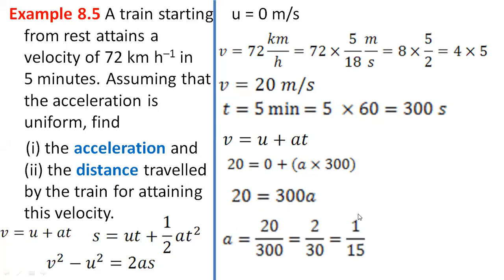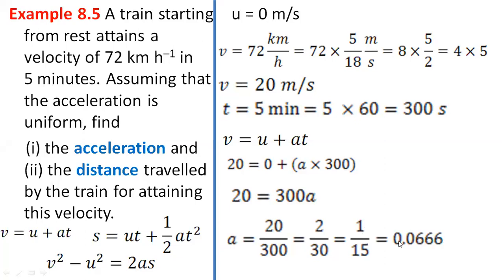Okay. Now you have to divide it again. In our textbook it is given as 1 by 15, but you have to divide it more. So it would become 0 point. Okay. So 0 point, it would become 10, then again 0, then it will become 100. Then you have to multiply with the 15 table. So that would become what? 0.06666. So that would be your answer. Acceleration for this particular question is 0.0666.